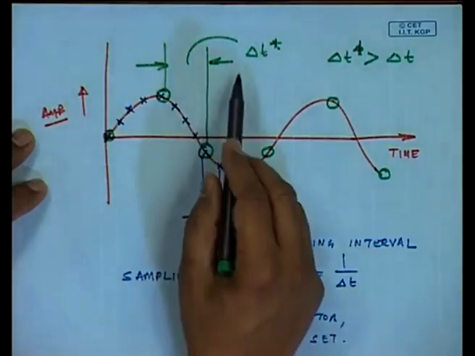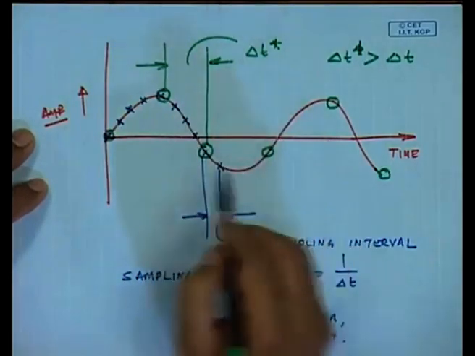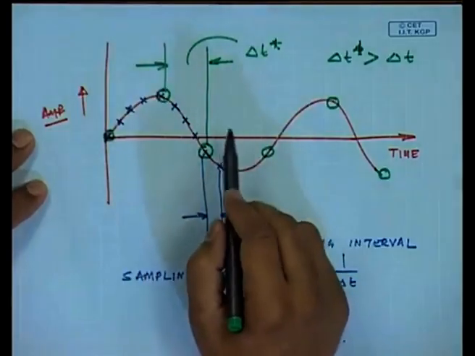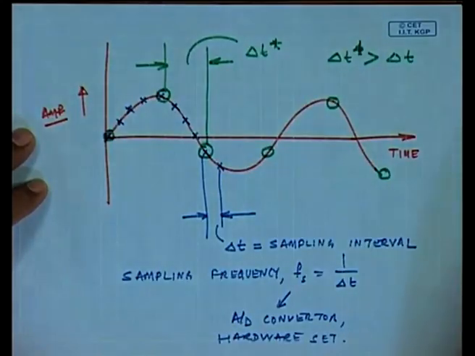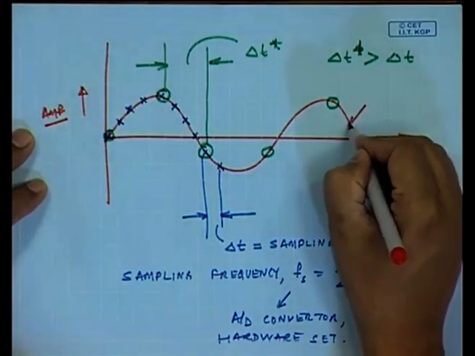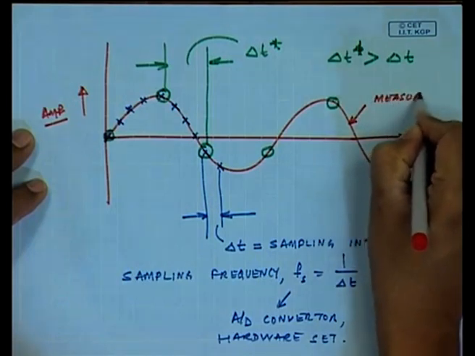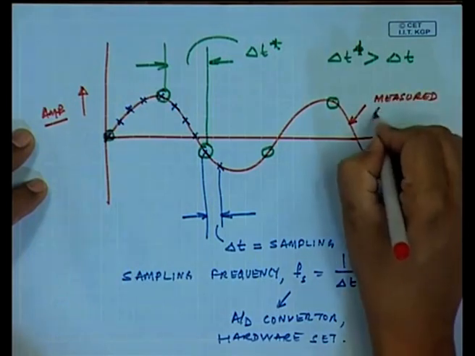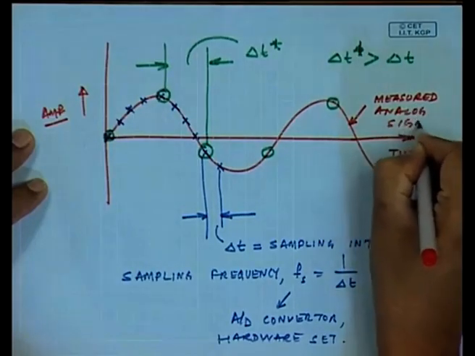This is a higher sampling interval shown by the green circles. Now, if I ask my computer to understand what the original measured analog red signal is,